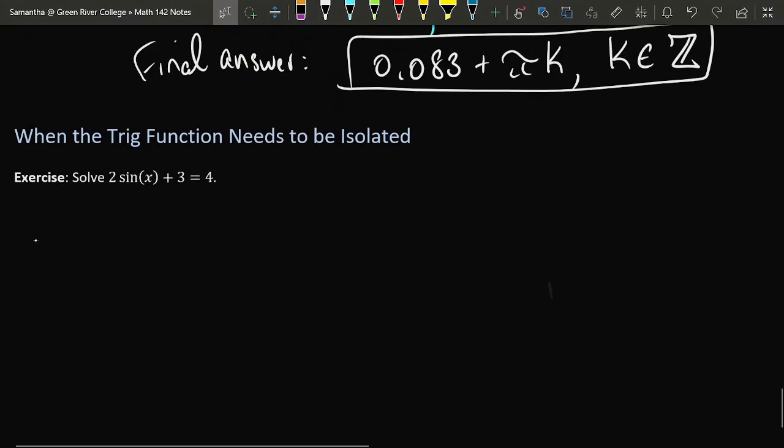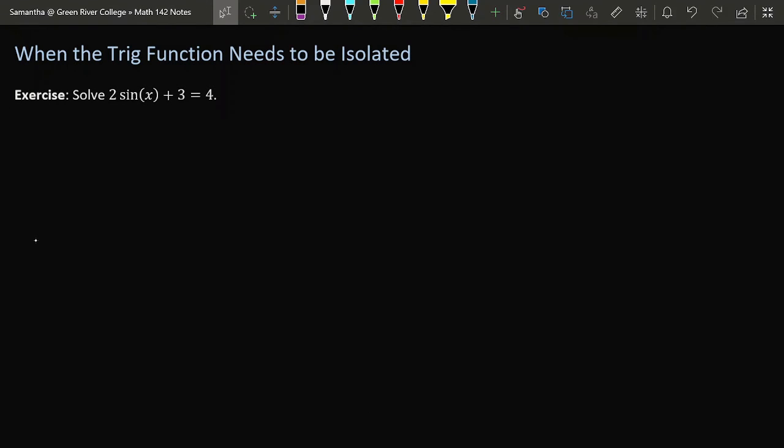Now for our final example, I want to show you a situation where when you get the equation, the trig function is not yet completely isolated. For example, in this exercise, the trig function sine of x exists on the left-hand side of the equation with an added 3 and a plus 2. So before I get started on any inverse signs or unit circle or anything like that, the very first thing that I'm going to do is isolate sine of x.